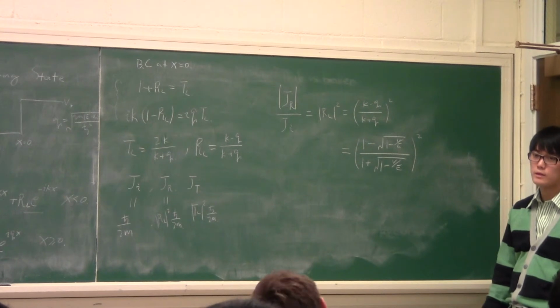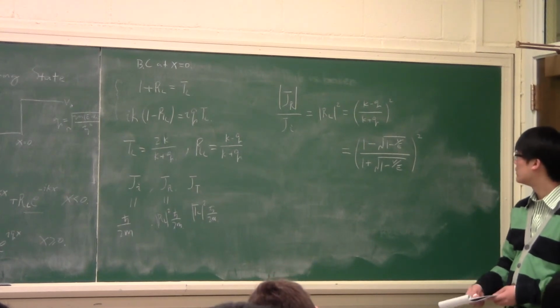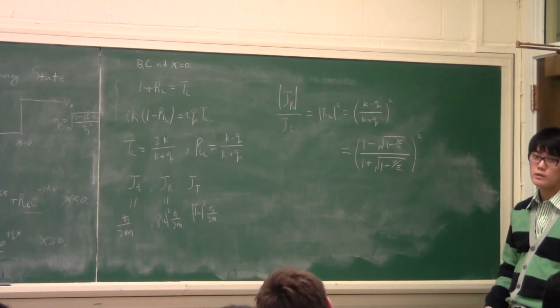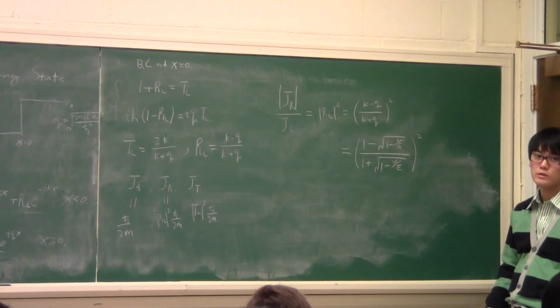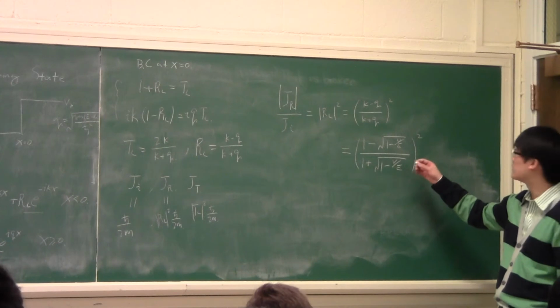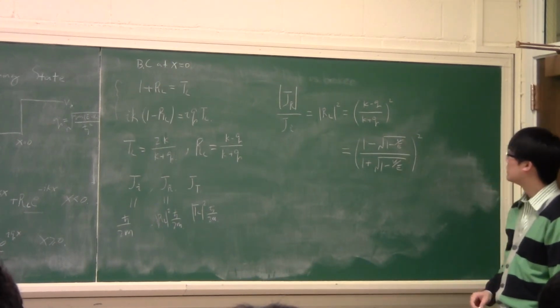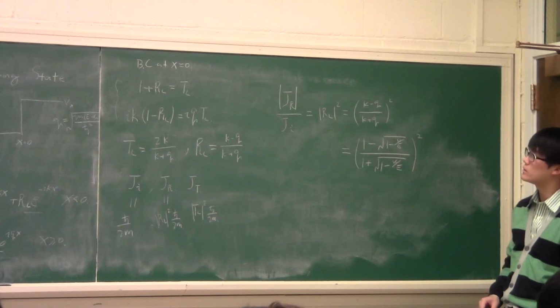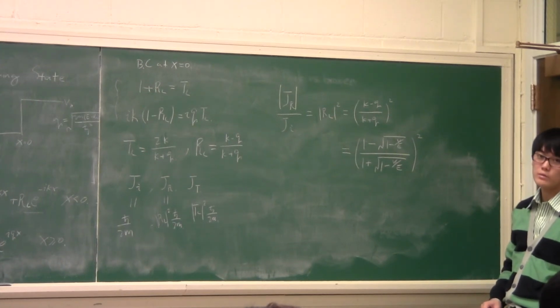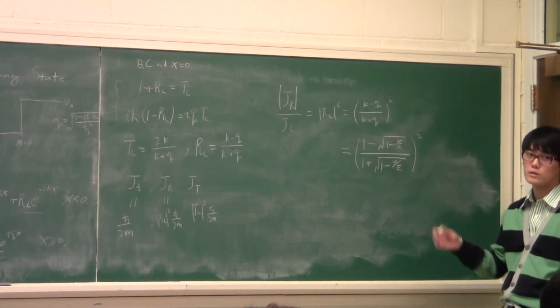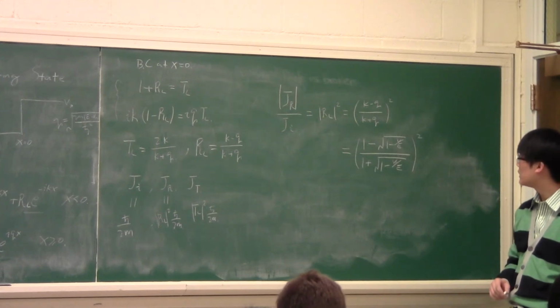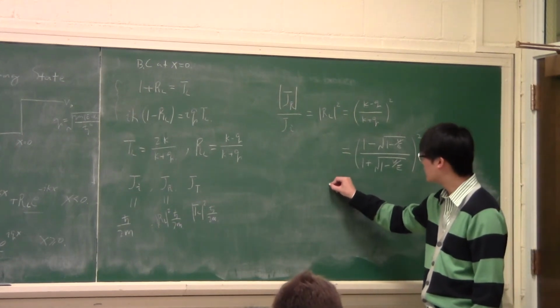Let's try to make sense of this. Now, when does the reflection coefficient become unity? That's when the energy is the same as V naught. Okay, so when the energy is the same as V naught, the reflection becomes unity. Nothing gets transmitted. And in the case when E is much greater than V naught,